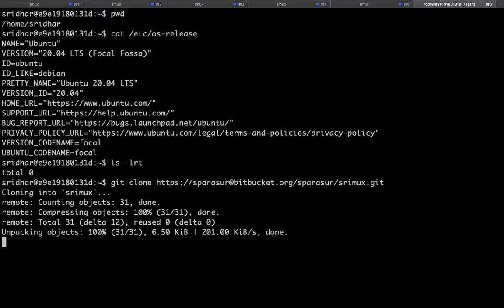This may take a while. Once this repo is cloned, we can cd into the folder and quickly check its contents.